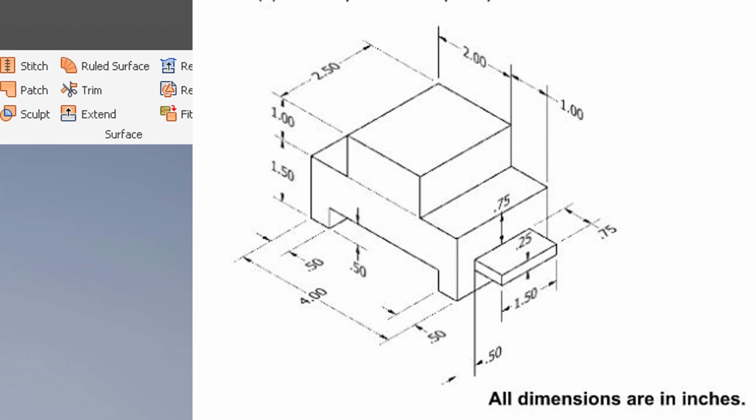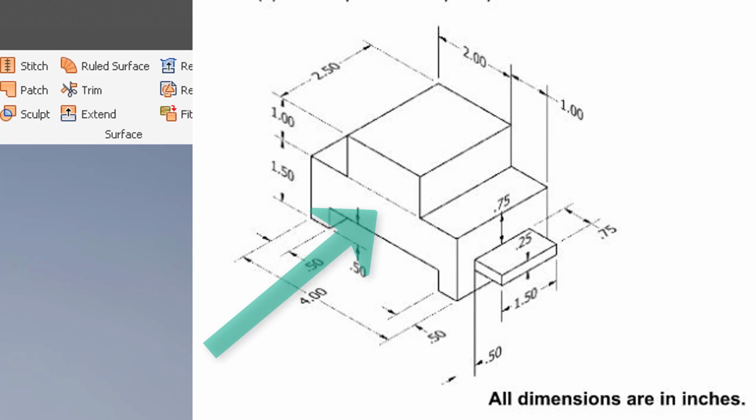Okay, so here we are. We're about ready to get started with activity 4.2, item number 1. And as you can see, it looks an awful lot like an object that we've already drawn. We've started a new project folder and file, and now I've opened up a new standard inch IPT. And I'm going to go ahead and sketch the front view of the object, that profile that you see there